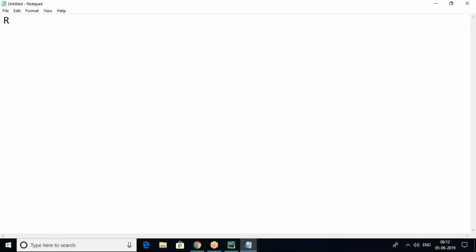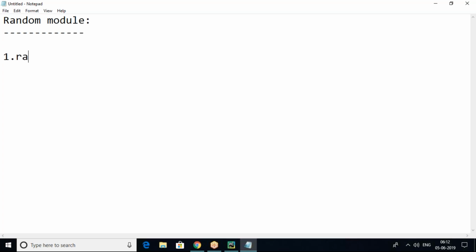So today we'll work with the random module. This module is used to generate some random numbers for authentication purposes or any gaming application purpose. We generate some random numbers randomly, and we can generate numbers in different patterns by using the random module. The random module contains some predefined functions.